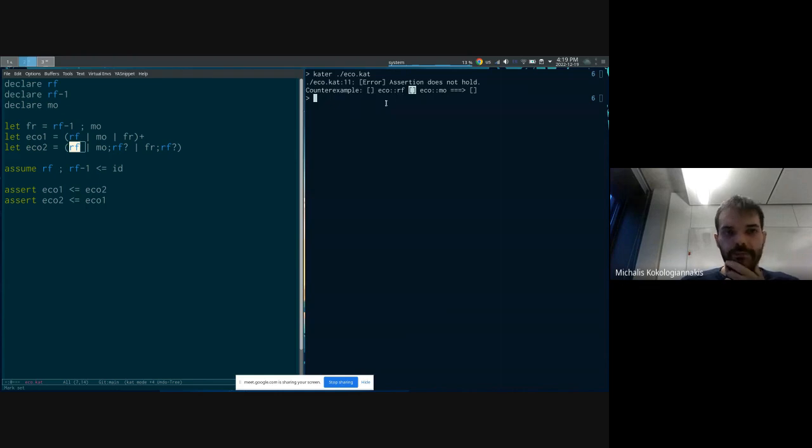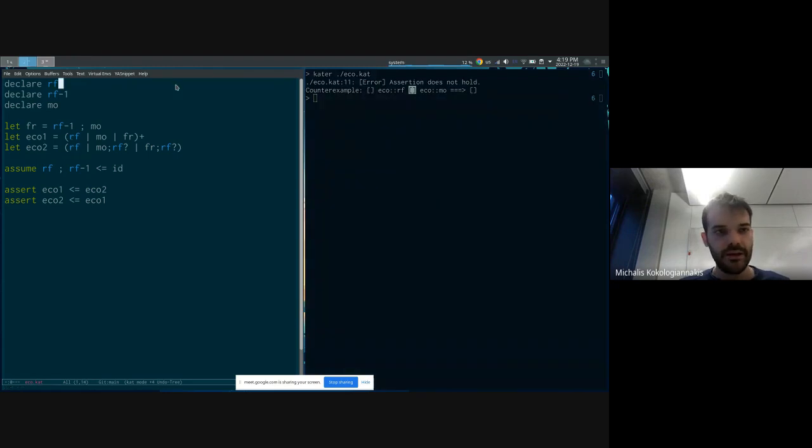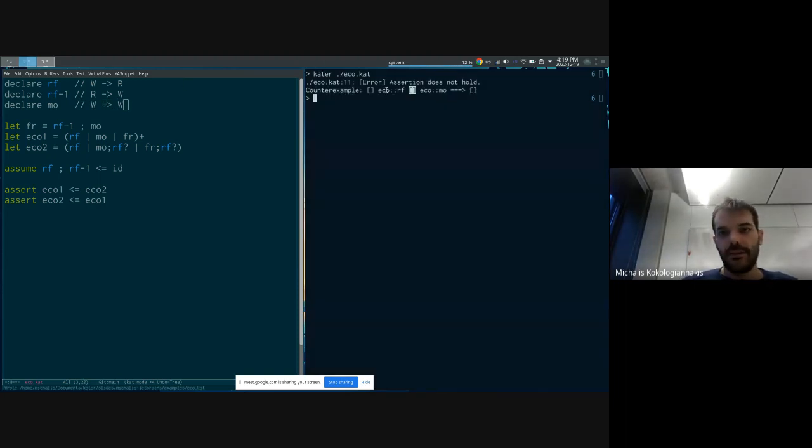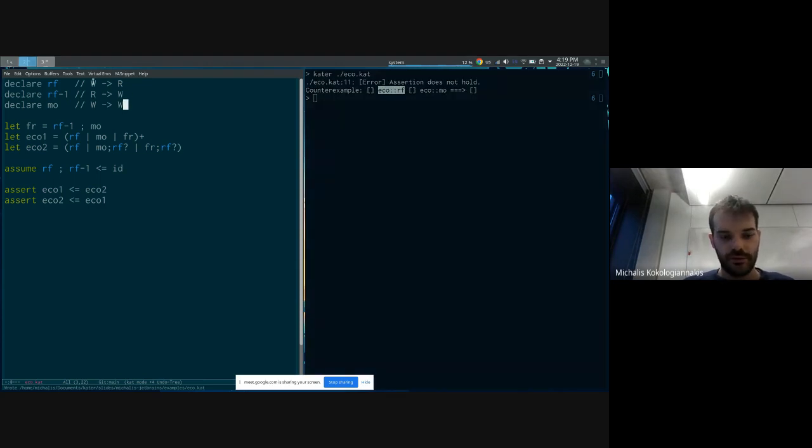Now, this counterexample is because, again, Cutter doesn't know anything about the semantics of these relations. In the beginning, if you remember, I showed that this RF goes from writes to reads. In a similar manner, the inverse goes from reads to writes, and MO connects same location writes. So in this counterexample, if the left-hand side takes an RF step, it goes from a write to a read,